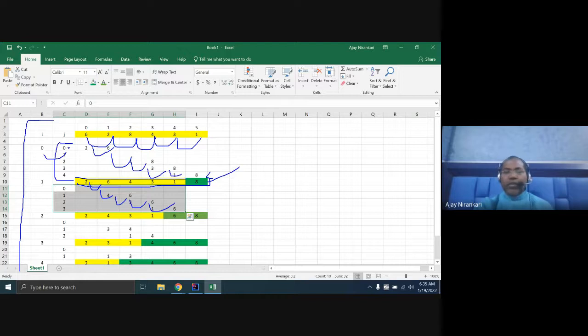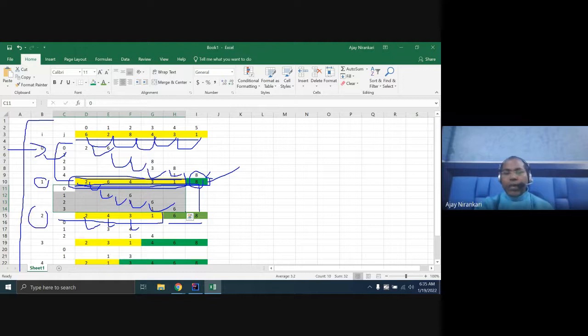Whenever you run the first loop, you have to run over all the elements. The second time, you have to go one less because one element is already sorted. So your inner loop runs only up to there. For the outer loop 2, you just run for this comparison, because this is already sorted. So I subtract the I value. I is 0 means the whole length, 1 means till minus 1, 2 means till minus 2, 3 means till minus 3.